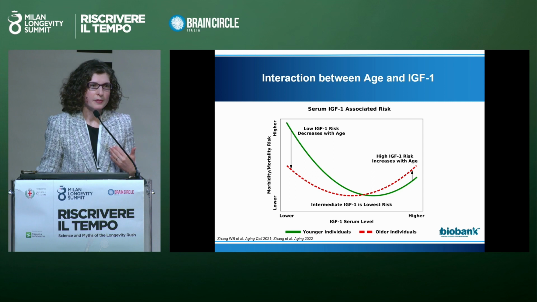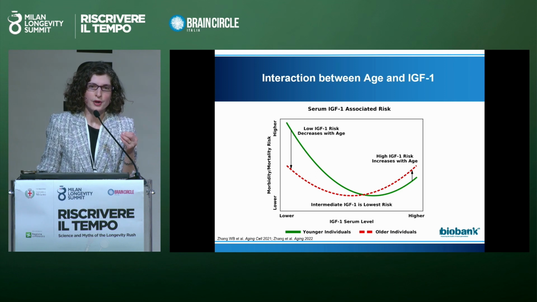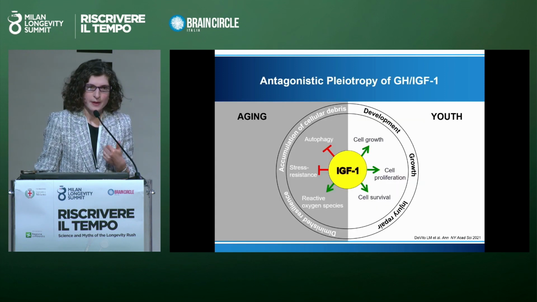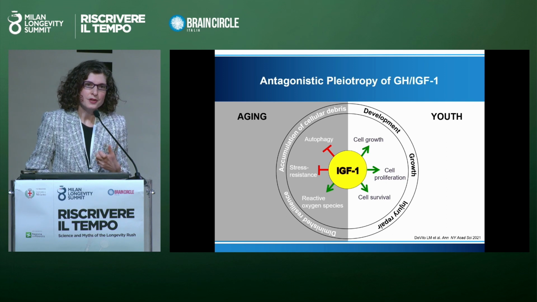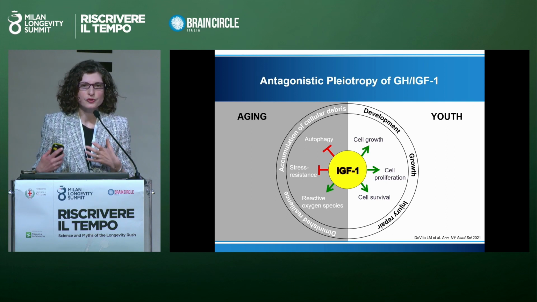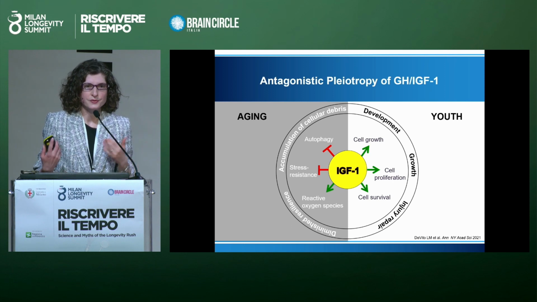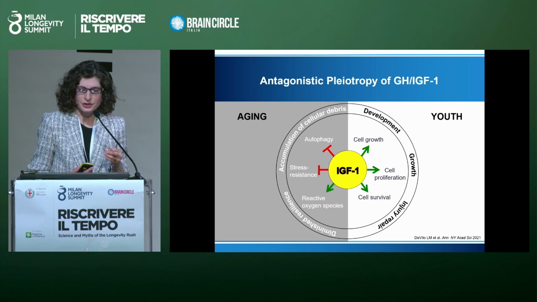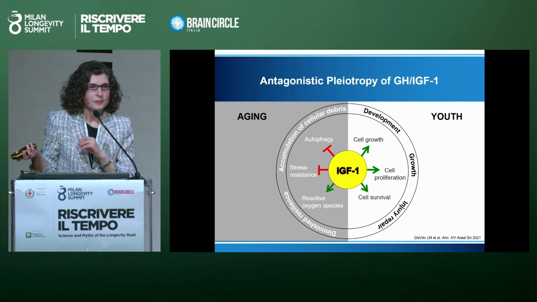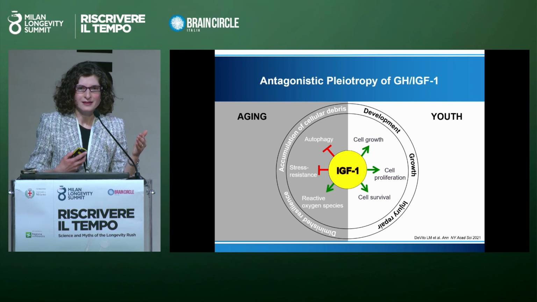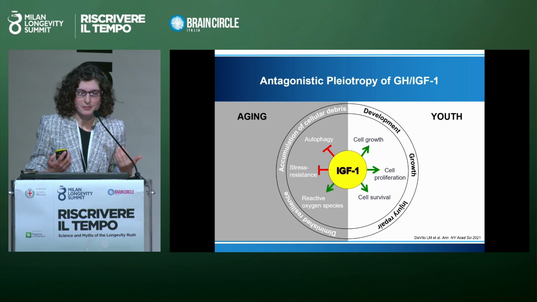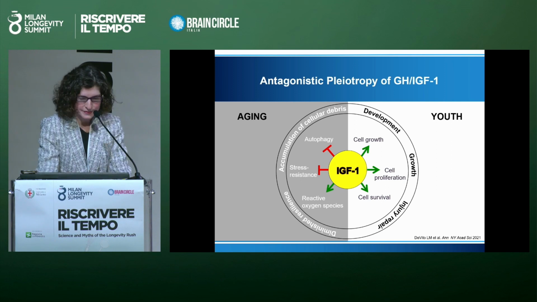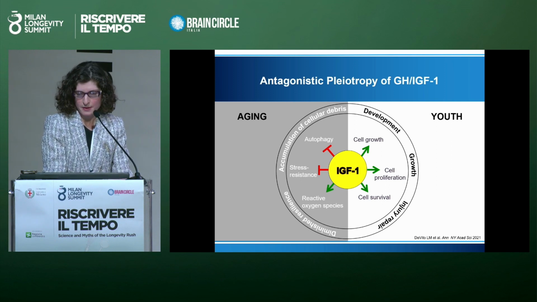So we found this dichotomy where something that's good for younger people is actually harmful for older people. And that brings us to the concept of antagonistic pleiotropy. So in nature, we often find things which may be good for the young, but bad for the old, or vice versa. And it is really important for us to recognize that, and not necessarily to try to make older people young in the same way that you would just replace something that they're missing. And this is really our hypothesis and how we're going about this to explain why that may be.